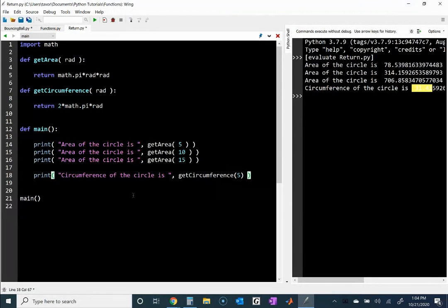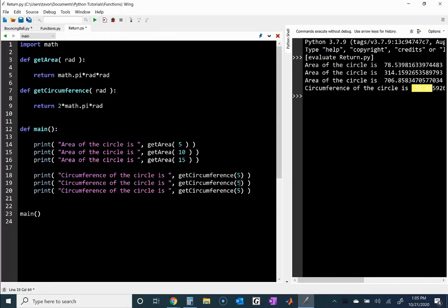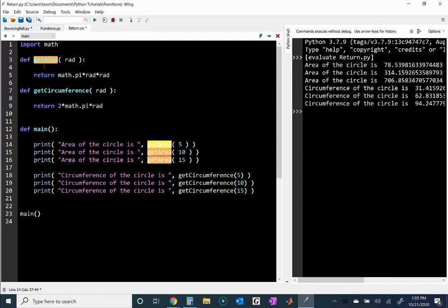And you could do this over and over. And so functions are convenient because they allow you to reuse that same function over and over if you need to. All you need to do is give it a different argument, just like I'm doing here. And so you give your function a value, in this case a radius, and it gives you back the area. It returns to you the area for that circle. You give it a radius here for the circumference, and it returns to you the circumference using the formula 2 pi